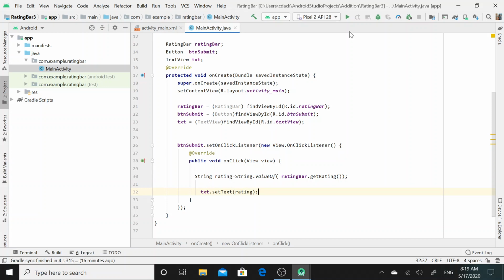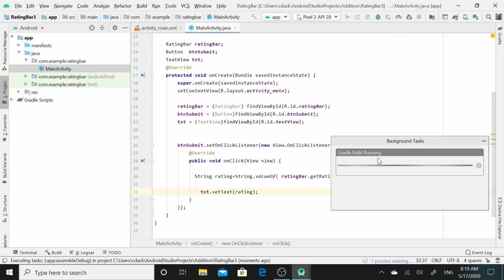So I will simply click on run application. Here you can see two processes are running. First of all, Android Studio has launched the AVD emulator. So this is the emulator.